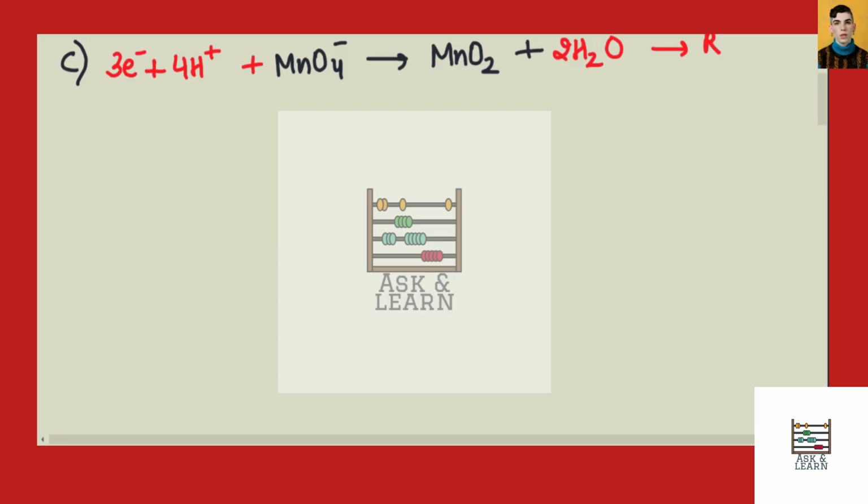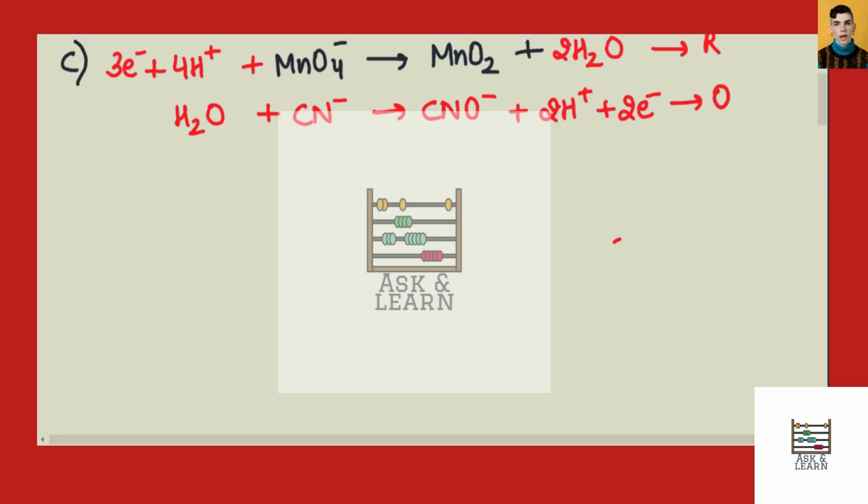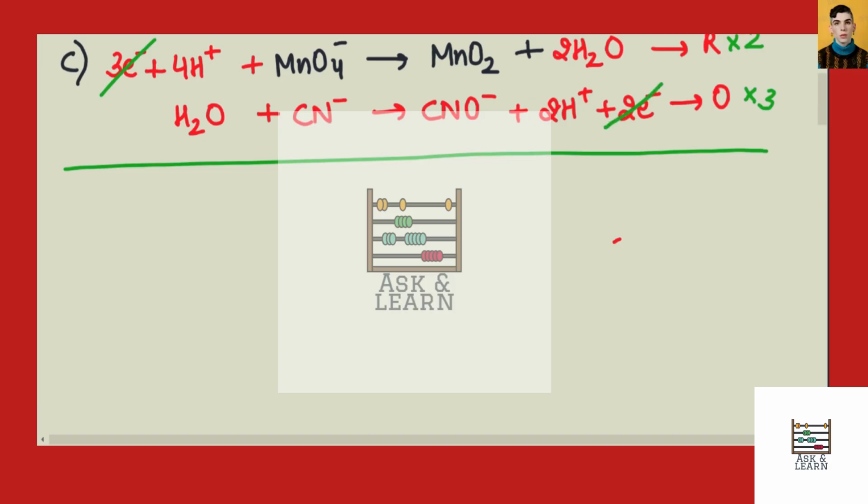Okay, and for the next reaction we have CN- going to CNO-. Okay, so we balance the oxygen first, so we will have to add 1 water molecule here and 2H+ here, and we have to balance the number of electrons. So this has -1 and this one has +1, so we will have to add 2 electrons this side to get the overall thing balanced. Okay, so this is our oxidation reaction, and now to get the electrons cancelled out, we have to multiply the first equation by 2 and the second equation by 3. So this gets cancelled out, and the overall reaction is